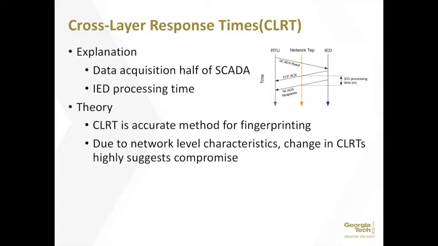Now, why this approach can work for ICS systems is because the networks themselves are very static. It's not changing. There's a set number of control mechanisms and devices on the network, and the ongoing operations should be very normal. Because of that, there's not a huge variance in these IED times. That's why, if there is a compromise, it's very easy to pick out that this change happened. And if this change is not documented or understood as being planned, then we can say something has changed on our network, and it could be a potential compromise.